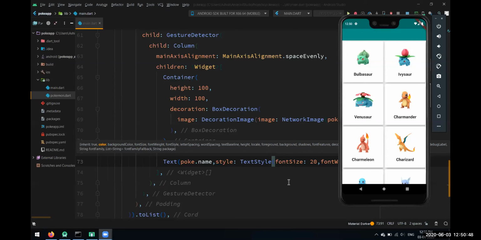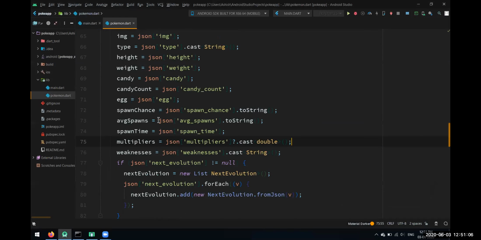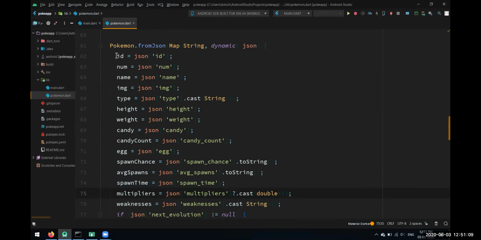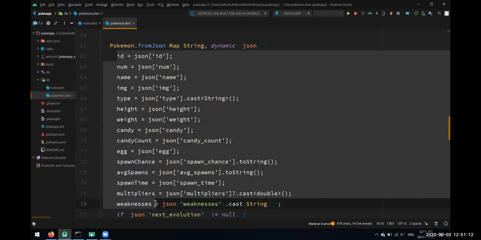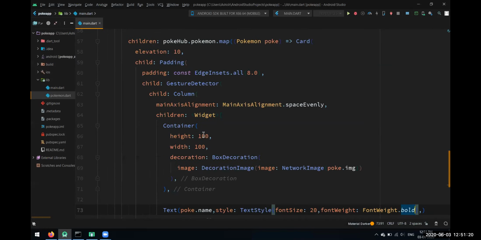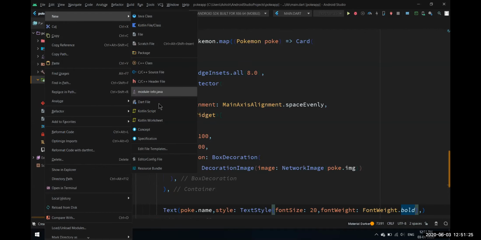After that, see what we are going to do. Whenever we tap on this image, it will take us to another page, and we'll show the details of these Pokemons there. Because we are getting very many properties from this JSON, and for now we just used this photo URL and the name. We have so many things. So whenever we press on that gesture and that card, we'll be taken to another page. So let's just create that page. That will also be very easy.